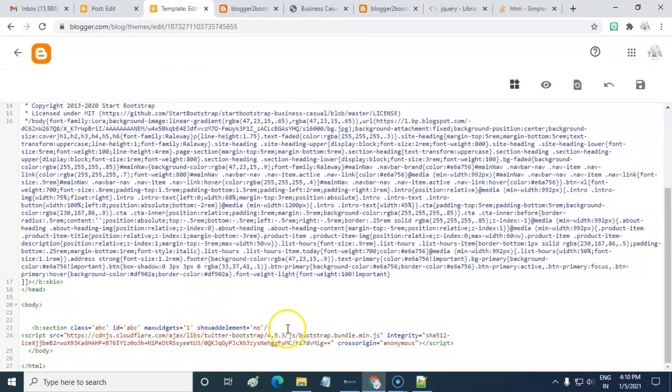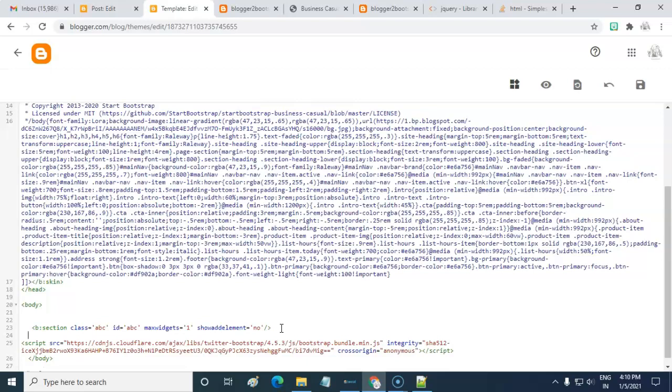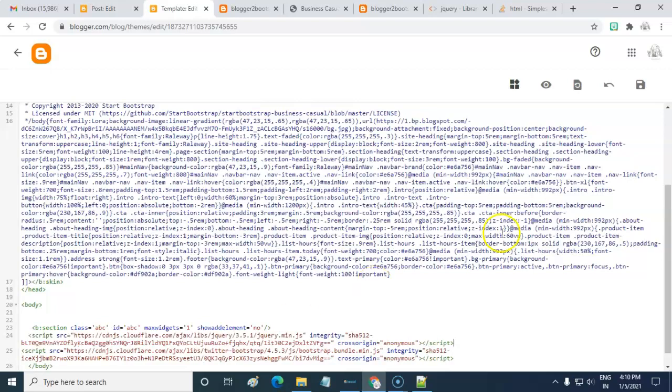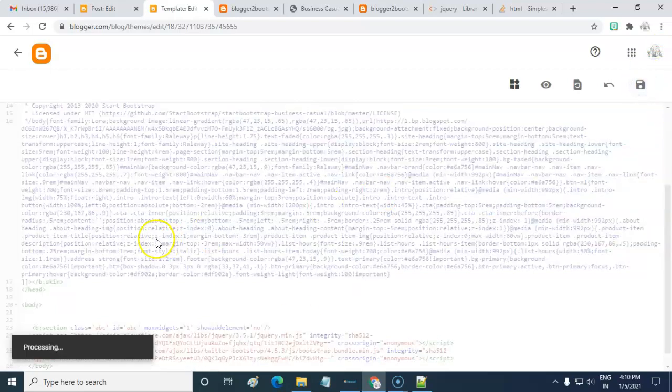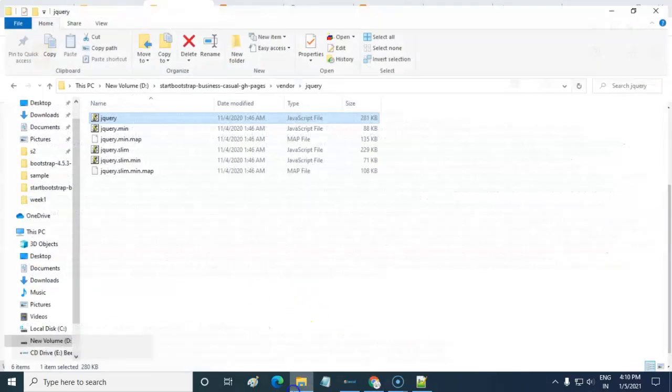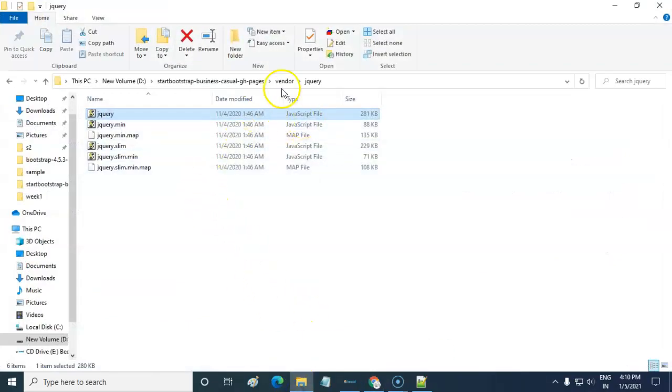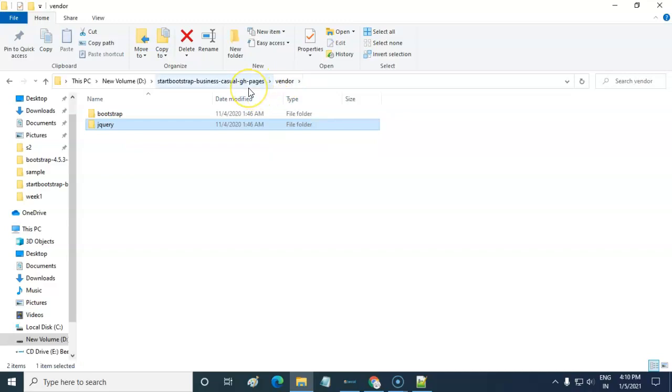Here we have to paste the jQuery script tag just above the Bootstrap JavaScript tag. Click Save. So we have added the CSS and JavaScript of Bootstrap and also jQuery.